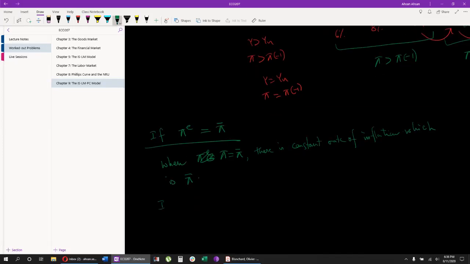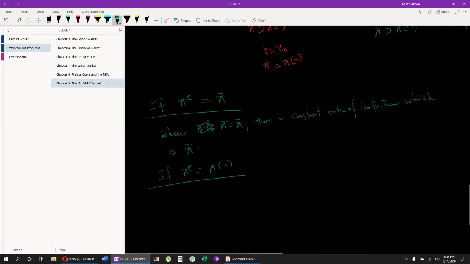But the problem is, if expectation is formed around previous year's inflation, when inflation is equal to previous year's inflation, there is still constant rate of inflation,